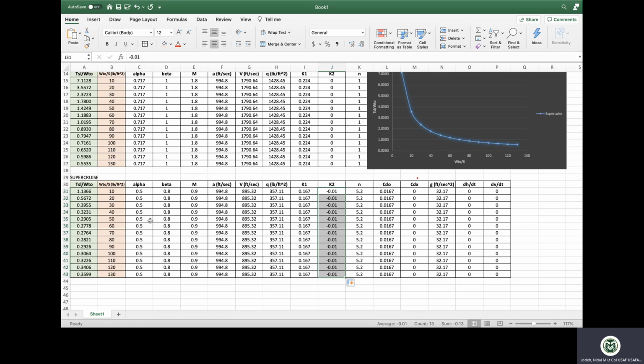Acceleration of gravity is 32.17. dh/dt is 0 and dv/dt is 0. So I get values for my varying